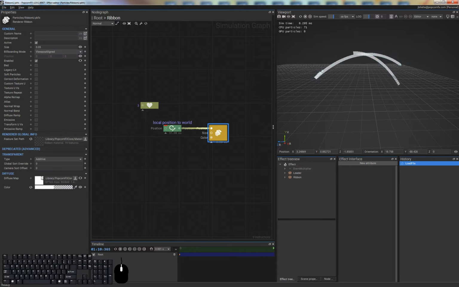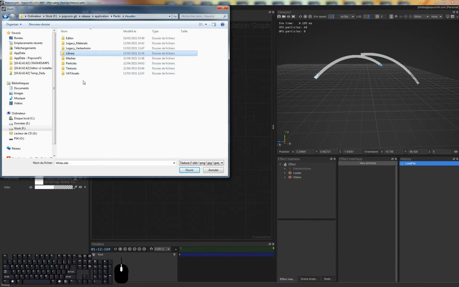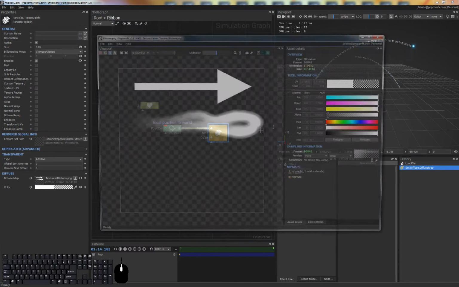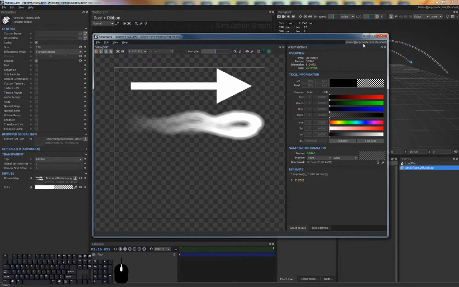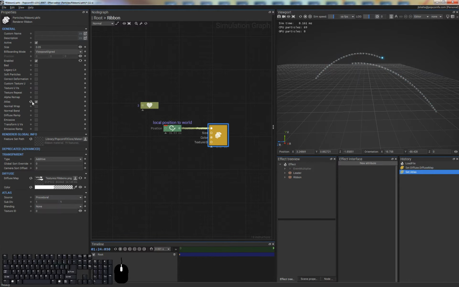So first thing, I'm going to change the diffuse texture and pick a texture I just made, which is my poor programmer art skills. I will enable the atlas rendering feature because this texture is a 1 by 4 atlas, even though I only painted the first 2 tiles. So in the subdivisions, I will set 1 by 4,